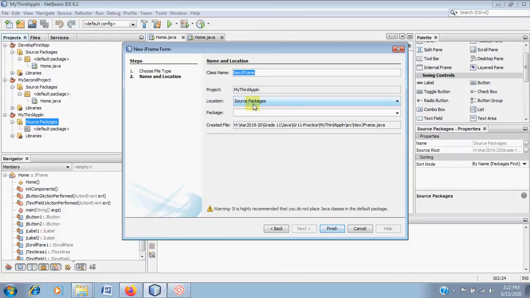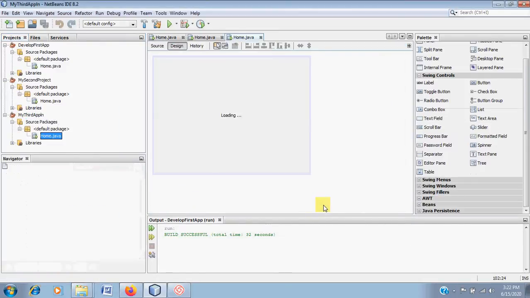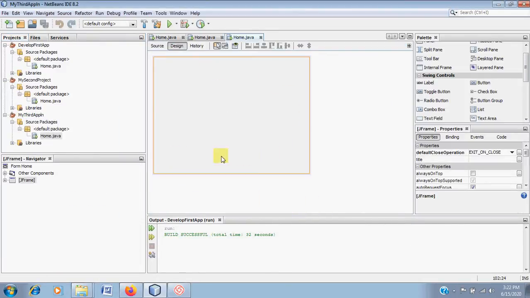Swing object here. So I'm going to say this is my home screen that I'm creating right now. So I'll call this class name home, and I click on finish here. What it does is, it gives me a blank frame here where I can add the components to my JFrame. So this is called JFrame, and on JFrame I can drag and put all the elements that I want